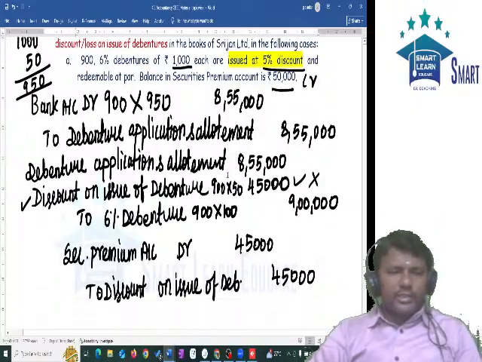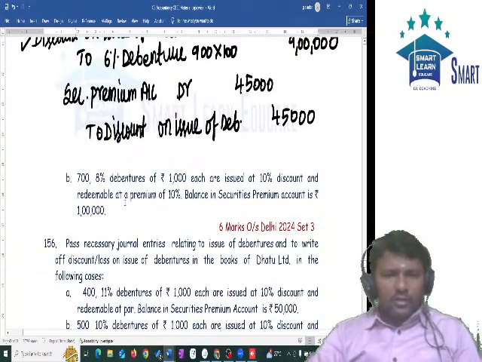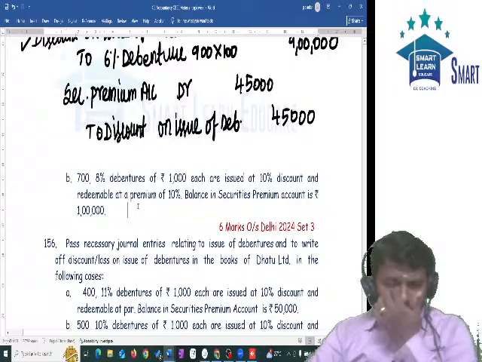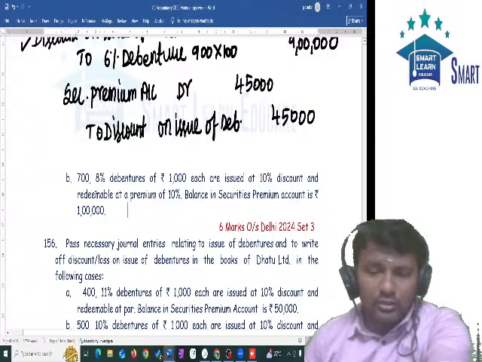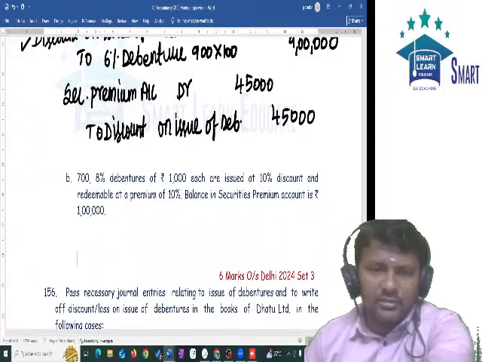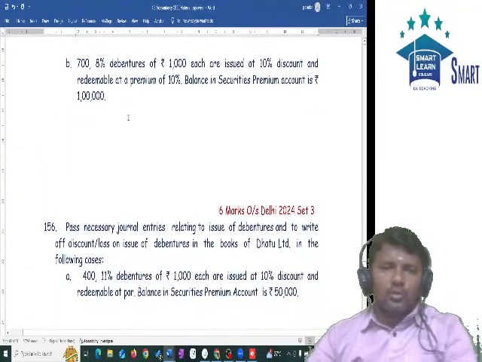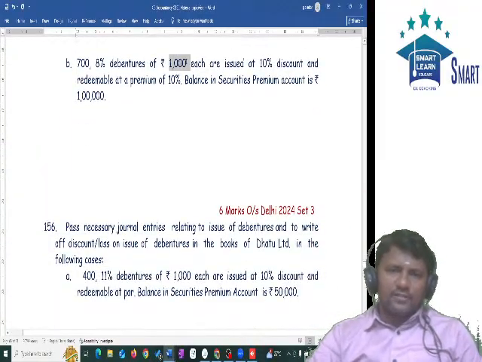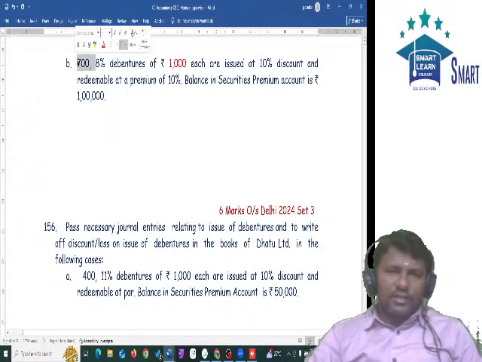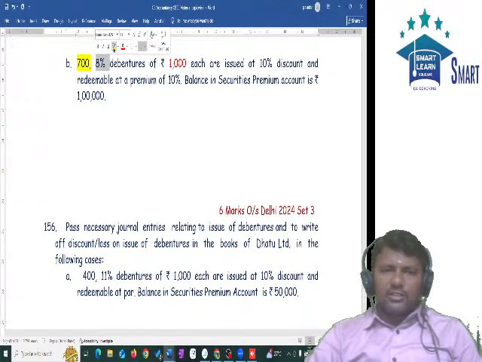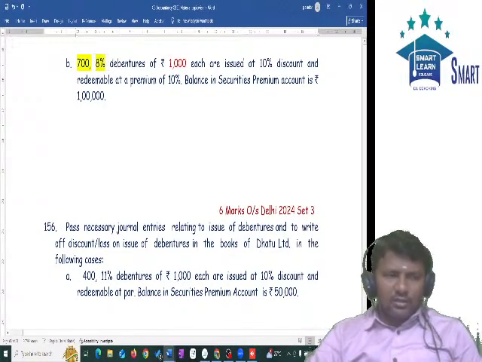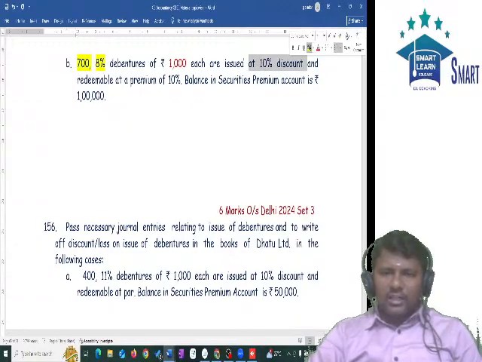Next, one more question. 7,000, 8 percentage debentures of rupees 1,000 each. Debenture face value is 1,000. How many debentures issued? 700 debentures issued. What is the rate of interest for this debenture? It is 8 percentage. Now, it is issued at a discount, meaning at the time of issue,